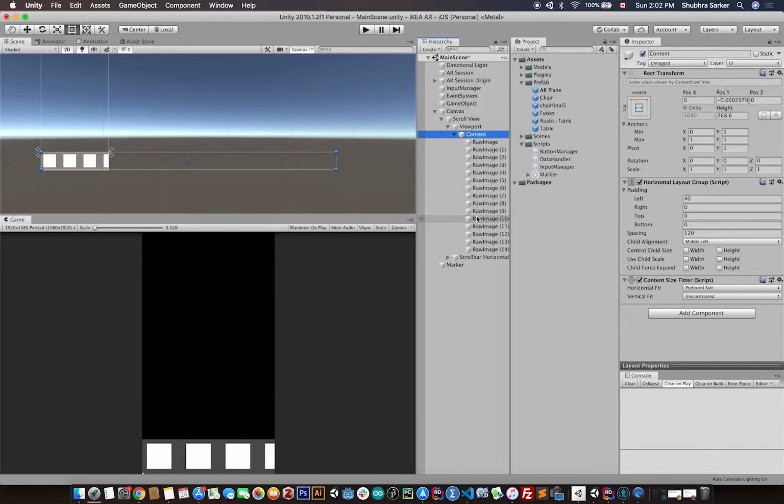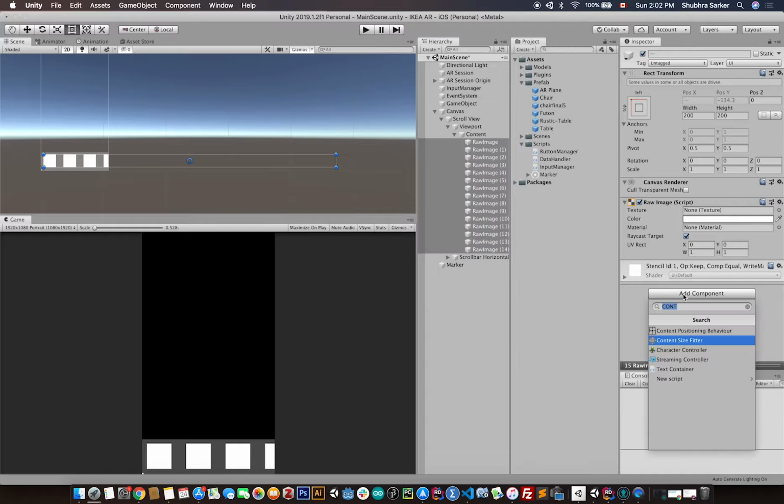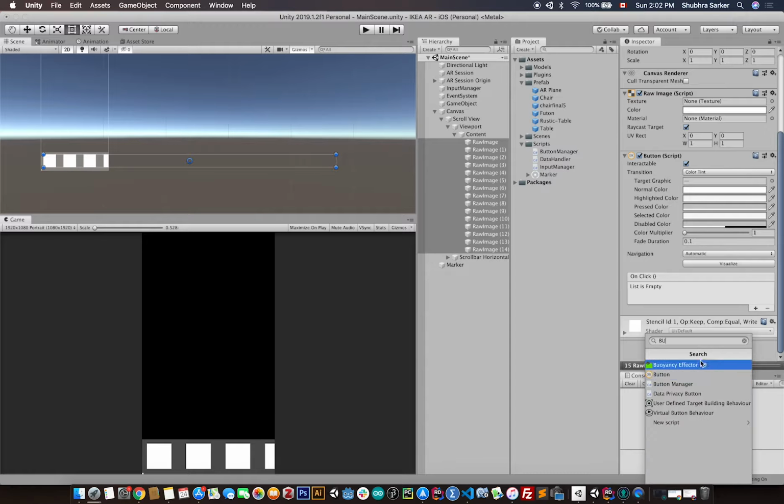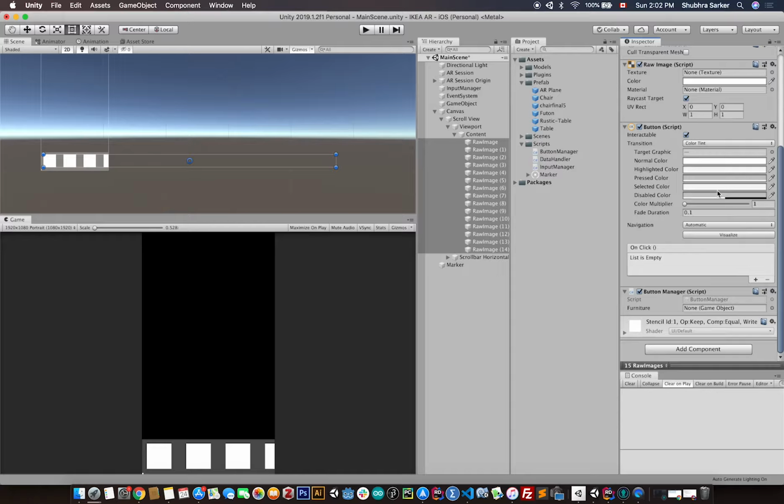What's next? The next thing I want to do is add some buttons here, right? Because they are all raw images that don't have any button, I need a button, and I also need the button manager. Okay, that's good. By this point, you can think that the UI is done. We can actually work with it, and it looks not that bad. It actually looks pretty good, but I want more from this UI,